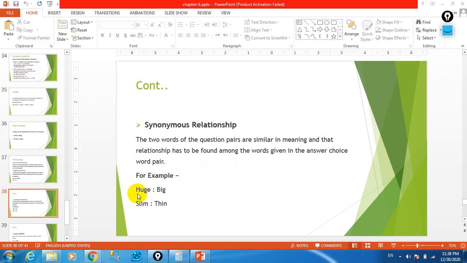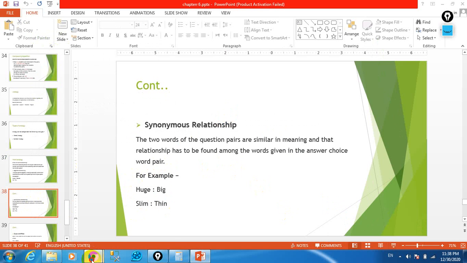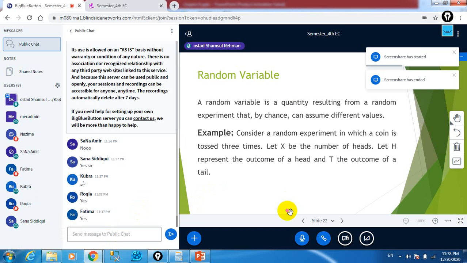Synonyms are when we have analogy of words with the same meanings. For example, if we have these types of words that we have,